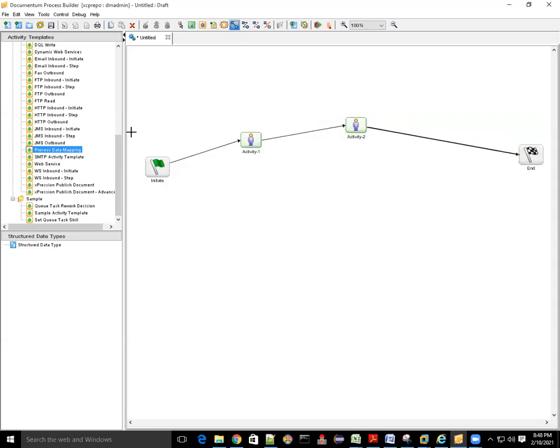Activity 2, what is it? Every time you click, it just gives activity one, activity two, like that. These are the manual activities, and these are the auto activities where the Java code gets executed. I'm just telling you what I mean. So give me a second. That symbol, where we got it, that